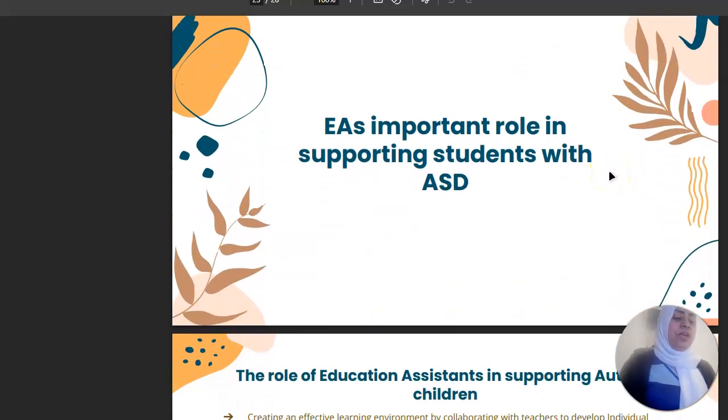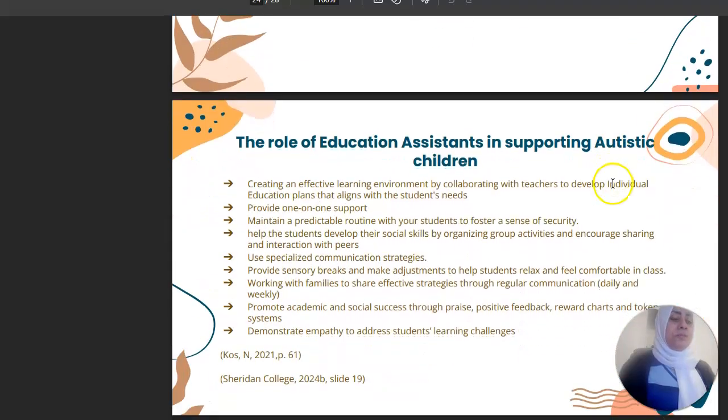The role of education assistants supporting students with ASD. EAs play an essential role in student success. Your responsibilities as an EA may include helping create and follow individualized education plans, IEPs, providing one-on-one academic and behavioral support, maintaining predictable routines, supporting social skill